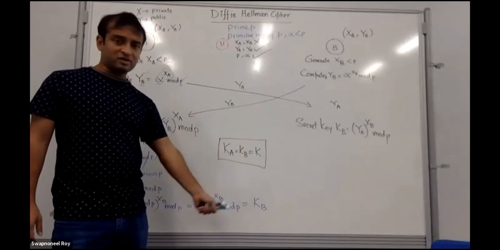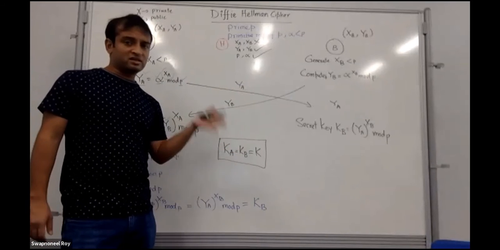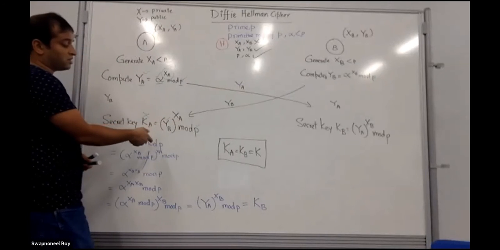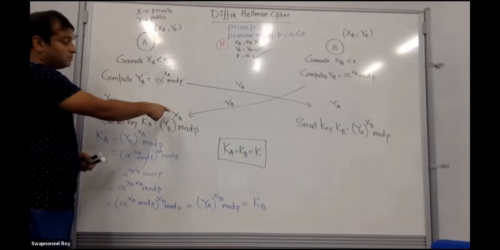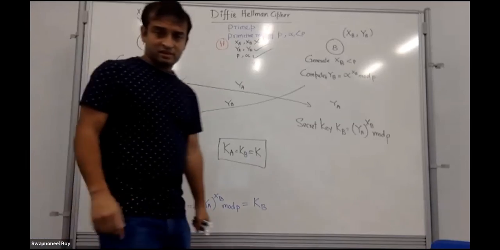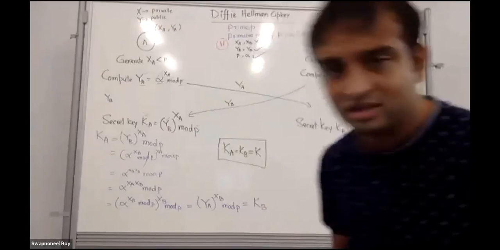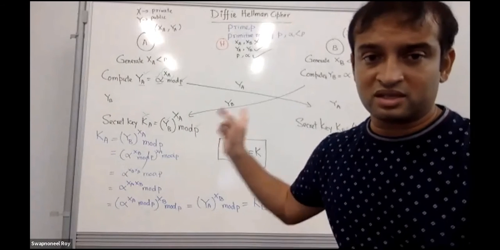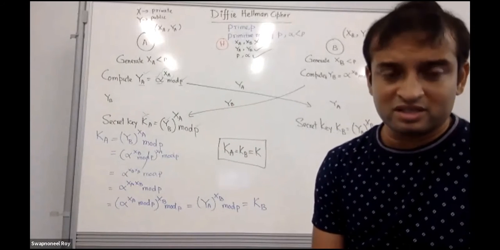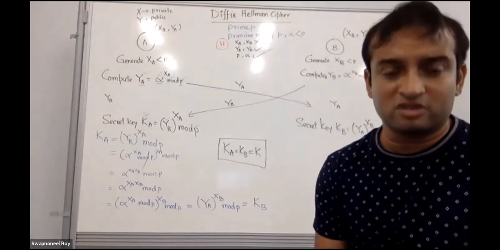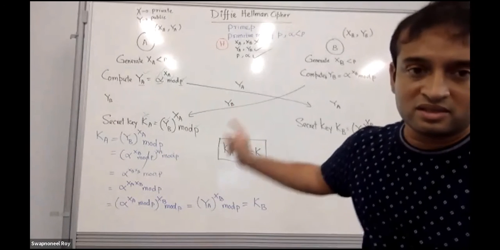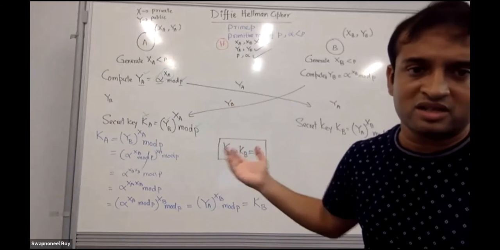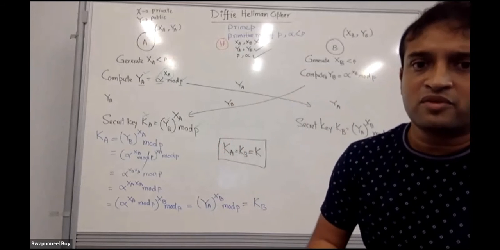So suppose an old session key is somehow captured by the attacker. That also is equivalent to solving the discrete logarithm problem. So the secret key, basically the private key, still remains secure. An old session key might be gathered by an attacker, but that does not compromise the private keys, because it's still again solving for the discrete logarithm. So the presumed computational hardness of the discrete logarithm provides security in Diffie-Hellman.